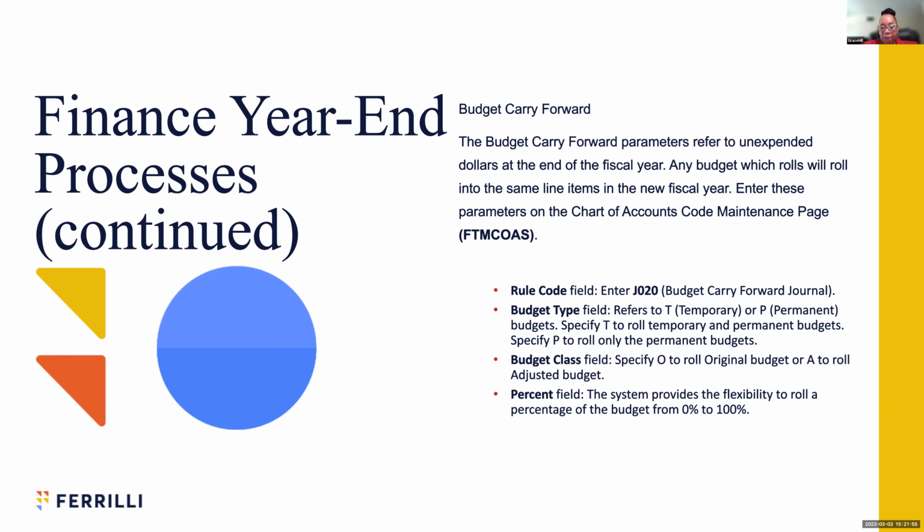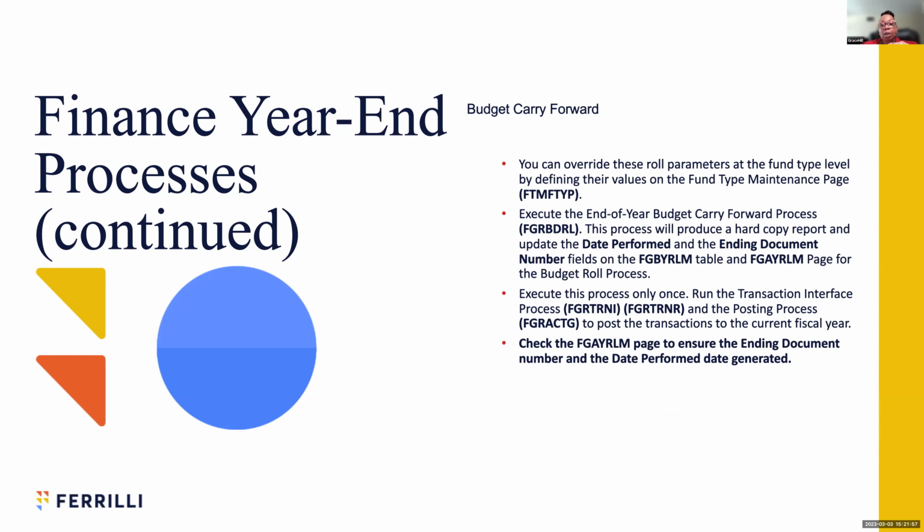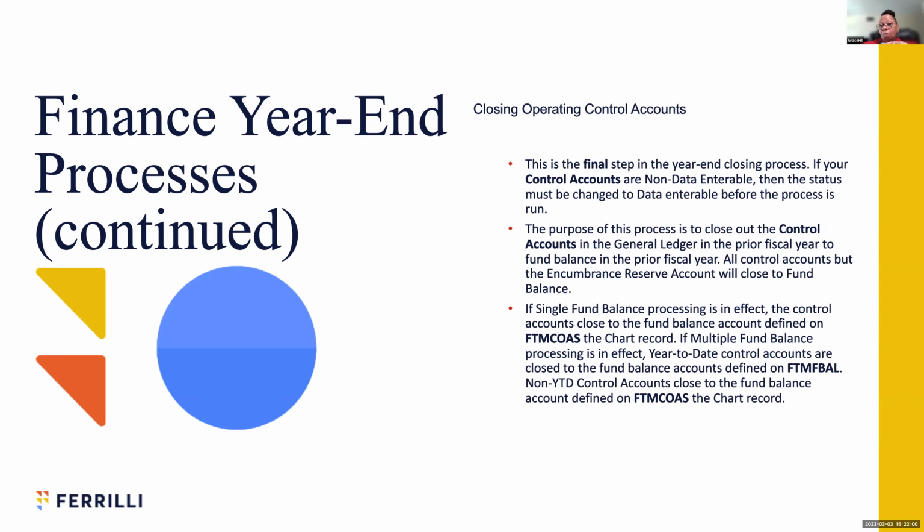This is just reviewing how these tie back to the actual control forms, the processes that you would go through, your close process, which actually liquidates your control accounts. Now, one thing I want to say about that,